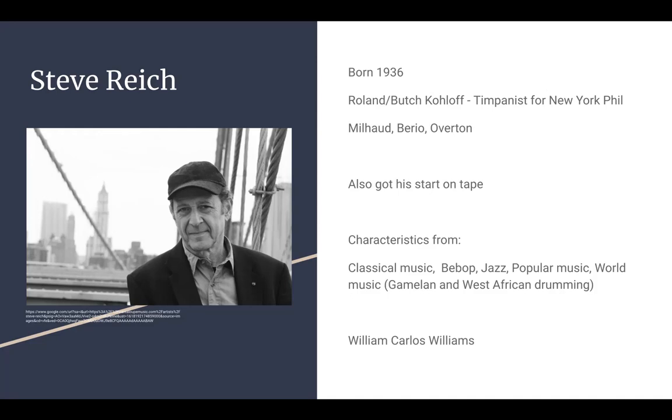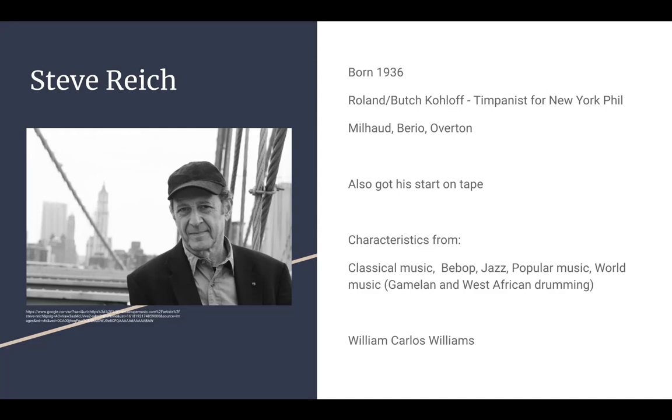So 12-tone and atonal music just means that it's outside of the Western ear. Western music uses 1-4-5 or 1-2-5 chords that are easily identifiable and very easy to listen to. In these 12-tone pieces, you're using each tone on the piano, all 12 tones, and you're creating music, and it's atonal and it's weird and it's funky. Overton looked at Reich when he gave him a composition assignment and said, Reich, if you want to write tonal music, then write tonal music and stop wasting your time. So that's what Reich did. He took it and ran with it.